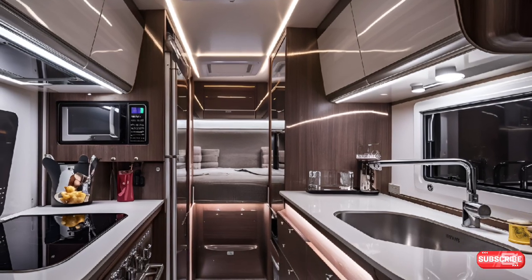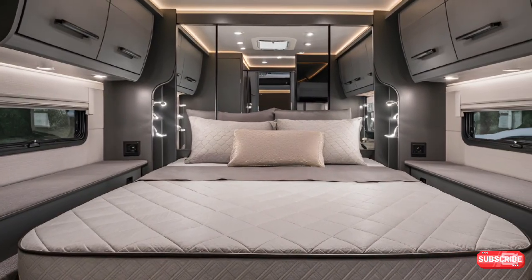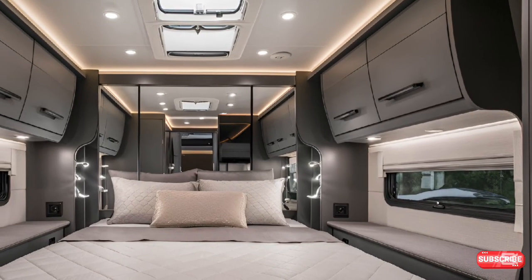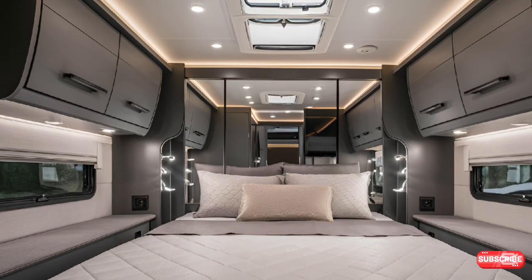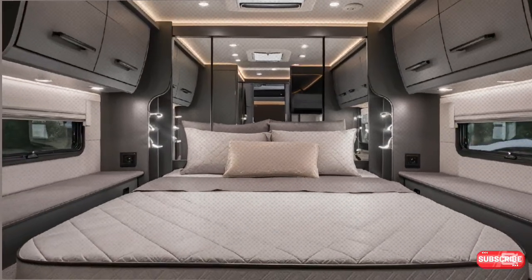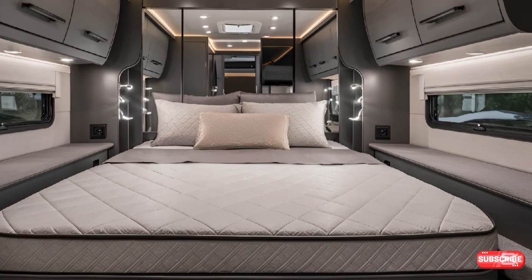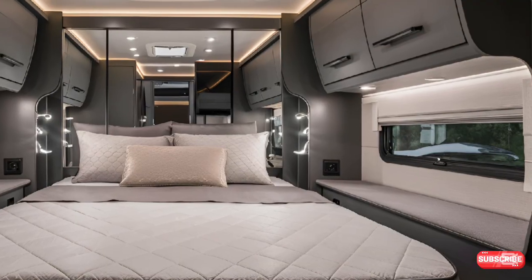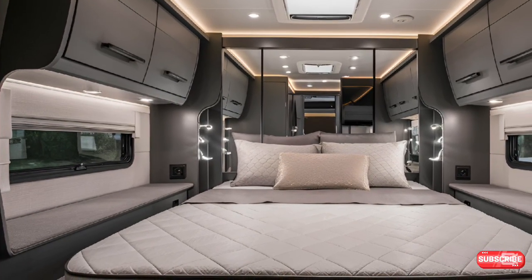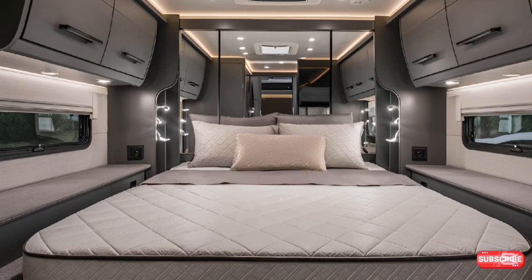After a long drive or an adventurous day, the bedroom in the Frankia Platin I 8400 GD is your personal retreat. A king-sized bed, soft premium bedding, and ambient lighting create a cozy atmosphere that whispers luxury. The side windows allow for peaceful morning light and relaxing evening breezes. Overhead storage cabinets keep everything organized, and the overall design reflects pure comfort as if you're sleeping in a private